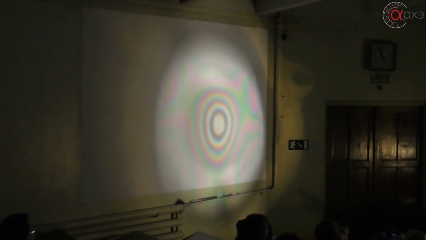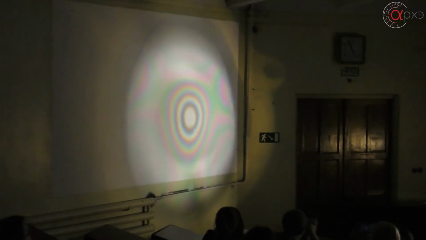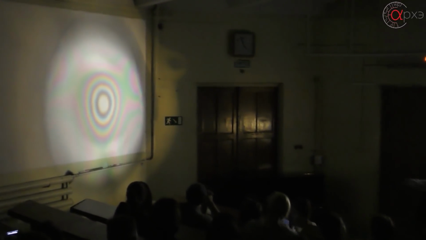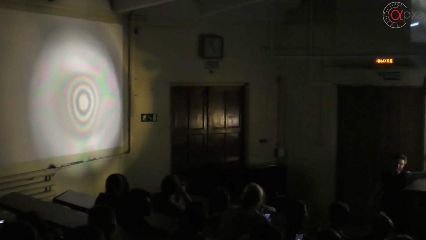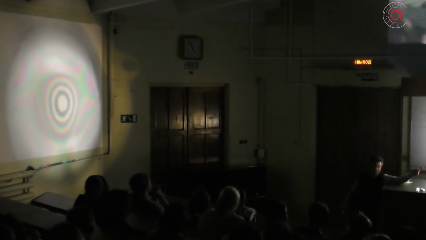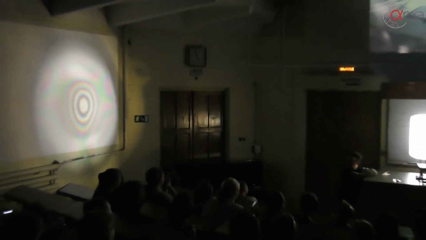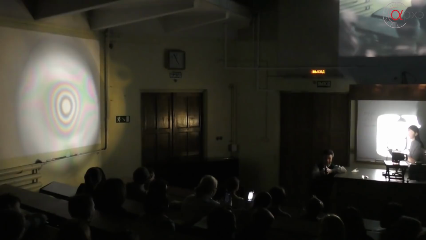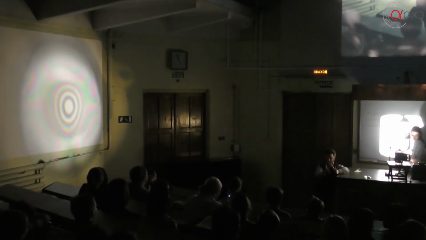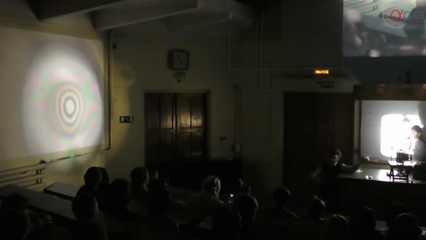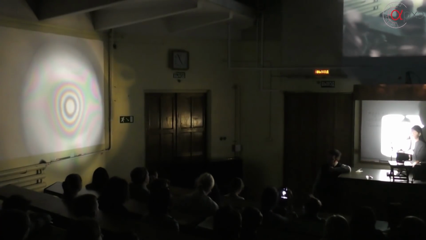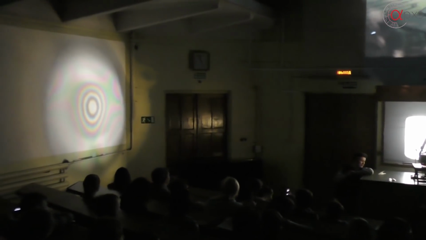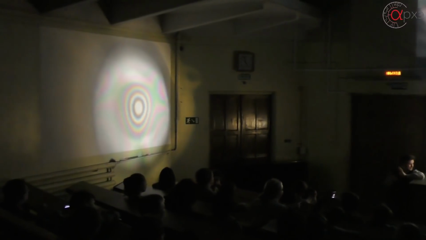But you can also see that the color changes as you move away from the center. Now, this is because we have a source of white light. So in this experiment, we also can observe that white light is not actually white. Its different components are bent differently by this sandwich. And so we can see this lovely multicolored pattern. Right.